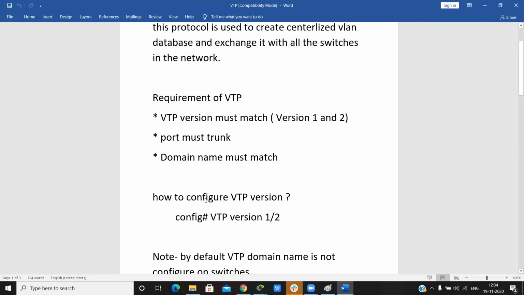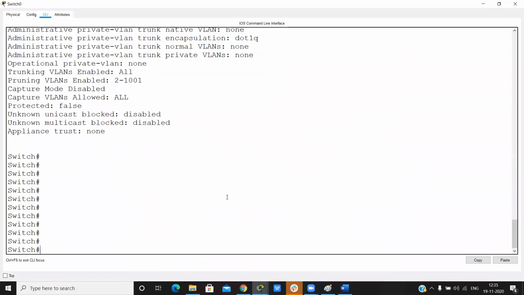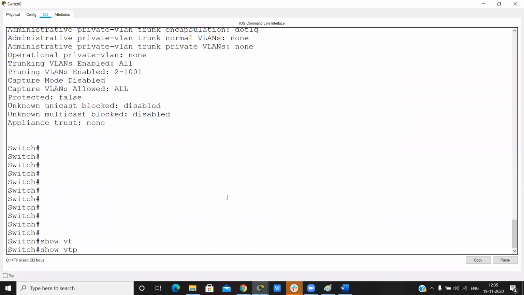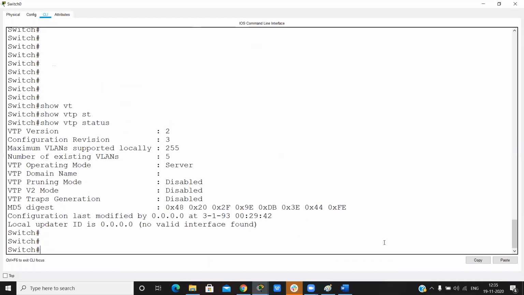We have two versions for VTP, version 1 and version 2, and by default VTP version 1 is running. I can go here and check show VTP status, and it shows VTP version 2, but this is a bug of Cisco Packet Tracer.